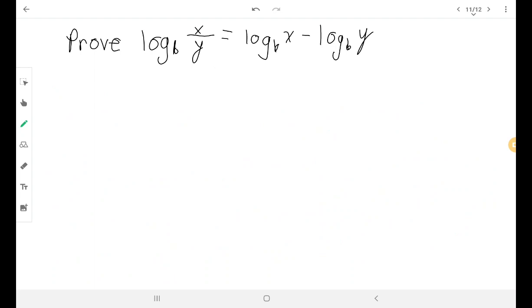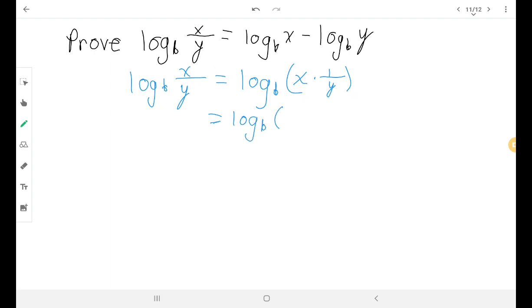Now we're going to move into some proofs. So let's prove that division expands into subtraction, that subtraction condenses into division. So here's how we're going to do that. I'm going to use the trick of rewriting x over y as x times 1 over y. Okay, so log base b of x over y equals log base b of x times 1 over y, which equals log base b of x times 1 over y is the same as y to the negative first power, which equals